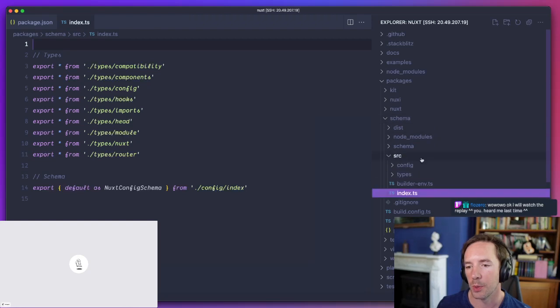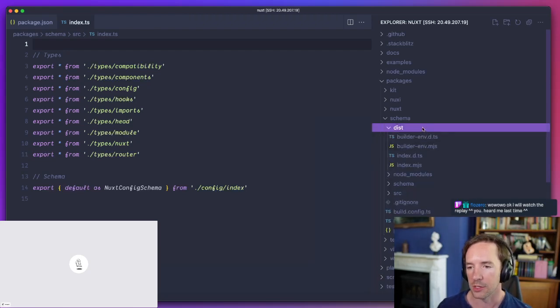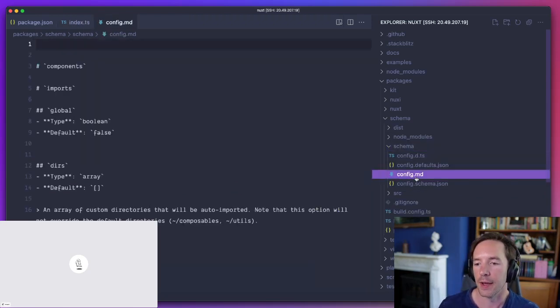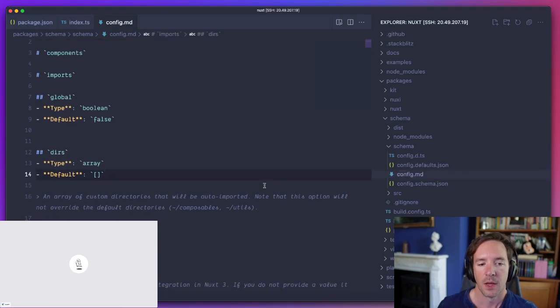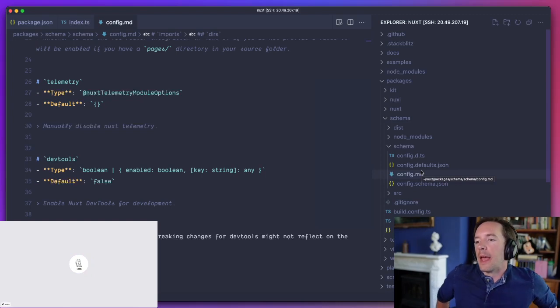And so its output is both just types, but also a runtime validator and a schema loader, which is then used by other packages to validate those types. So it's both type level and also runtime. It actually also even outputs a markdown file, this config.md, which actually gets pulled in by our documentation. When we build our docs, we pull it in for like API reference and stuff. Exactly.